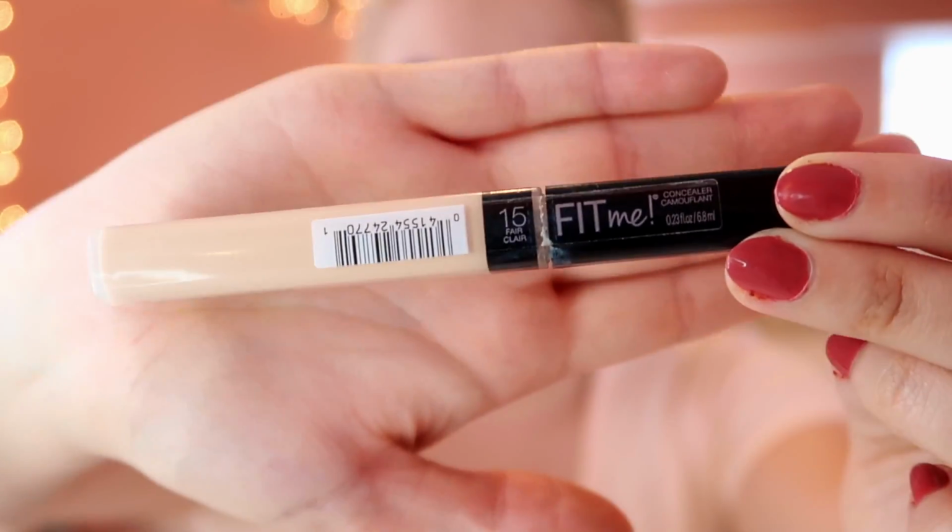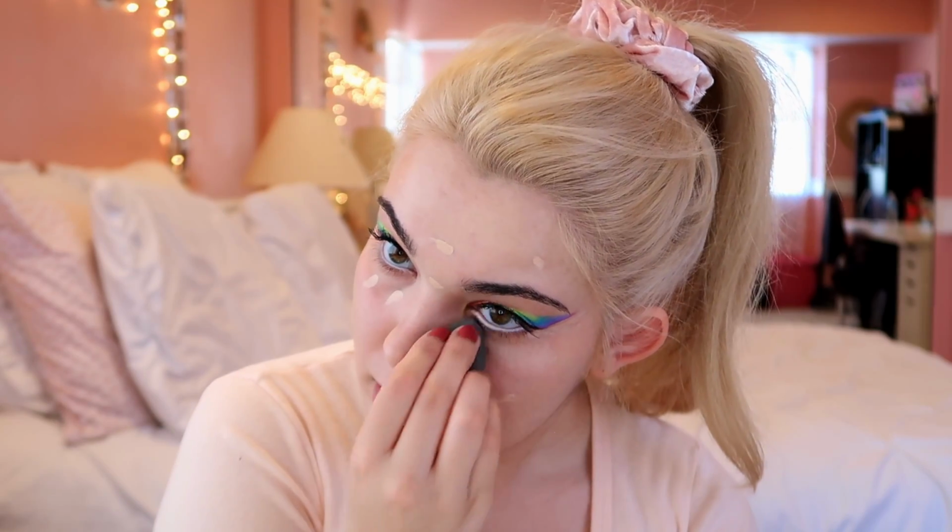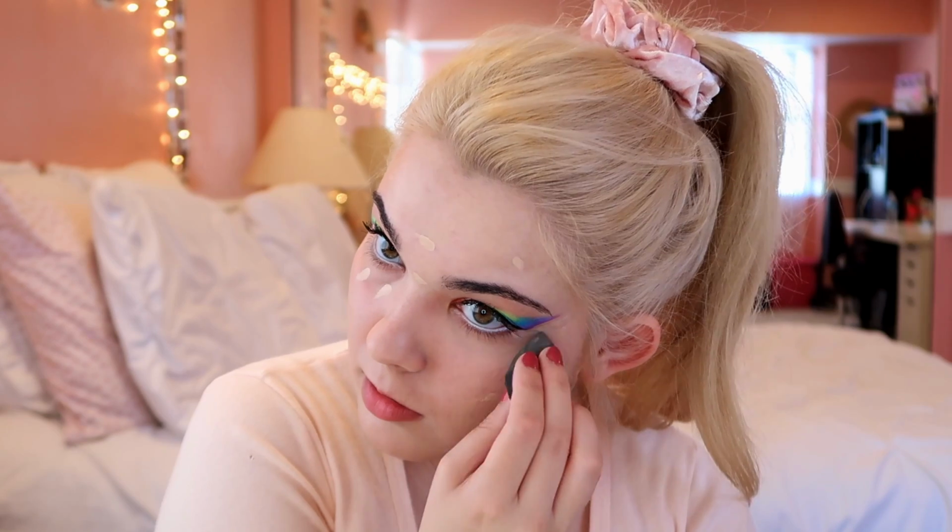Concealer is also by Maybelline Fit Me, but it's in the shade 15 Fair. I'm also using a little bit of concealer to help sharpen up that aggressive eyeshadow wing up there. Wing! Bird puns! I'm setting my face with some loose powder because I'm about to go in with more eyeshadow